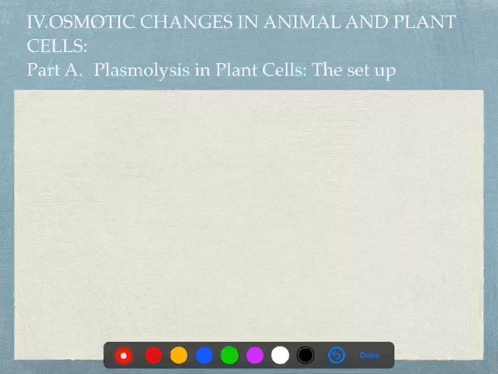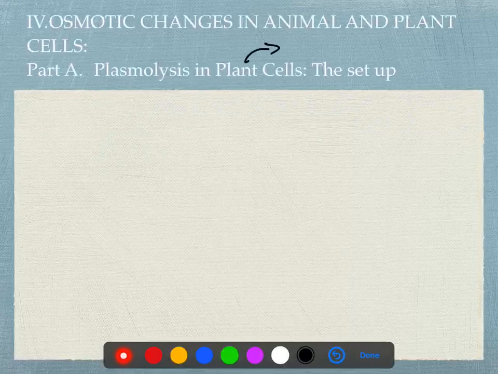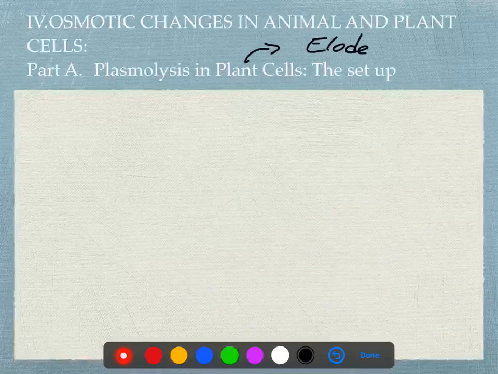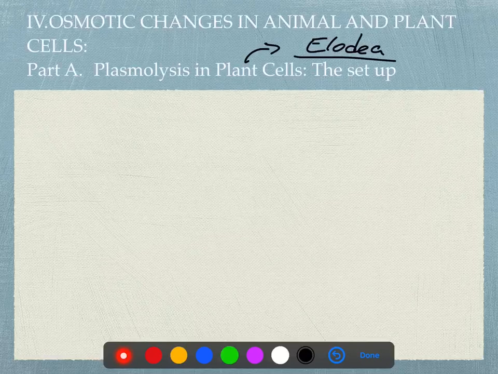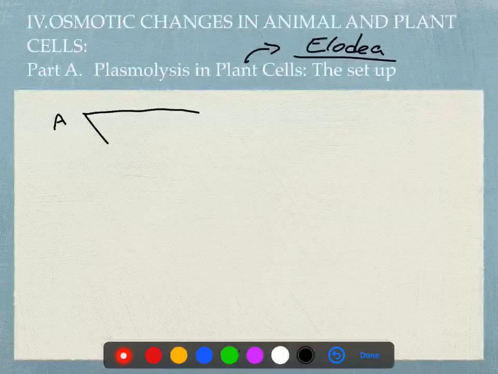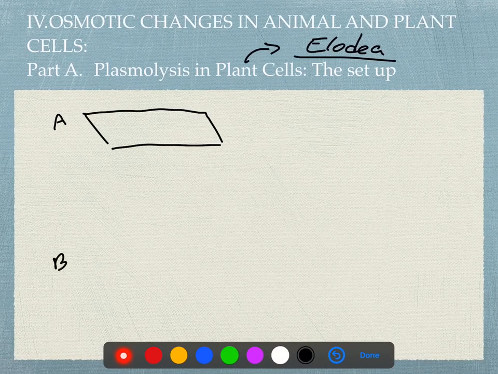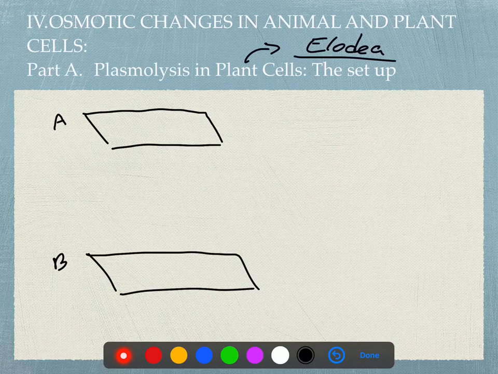All right, we're getting now to the fun part of the lab exercise set. In this case now we apply what we've learned about diffusion and osmosis to actual living cells. And we would have used Elodea, the aquatic plant that we have growing in the lab. We would have used Elodea to see how it responds to different solutions. So in this case, we would have given you two slides, slide A, slide B,